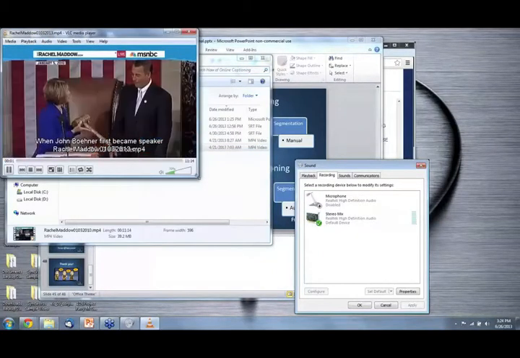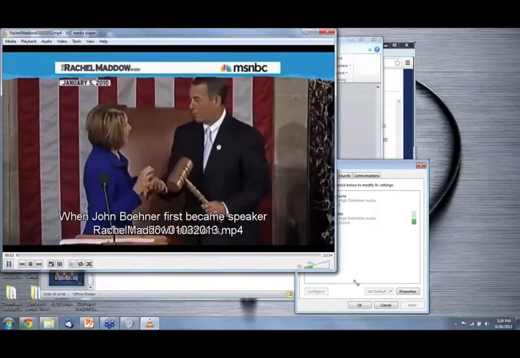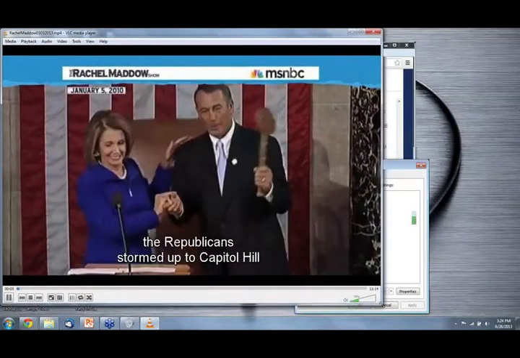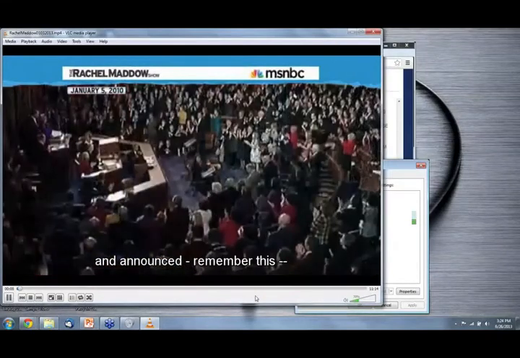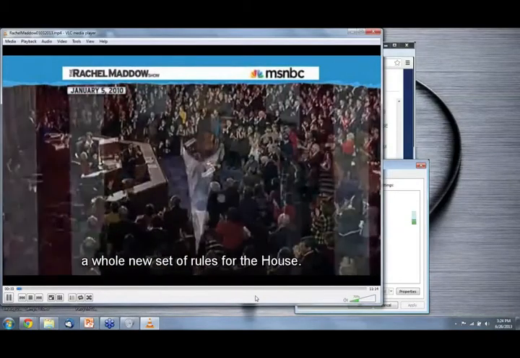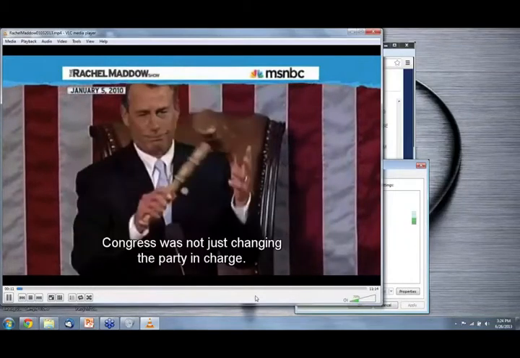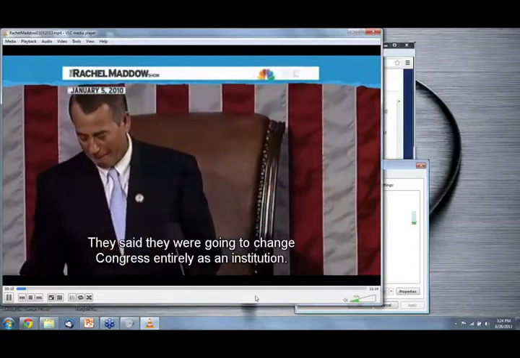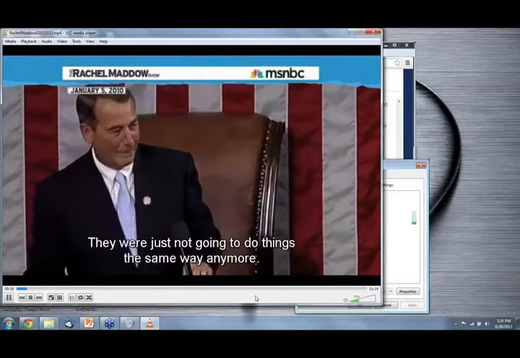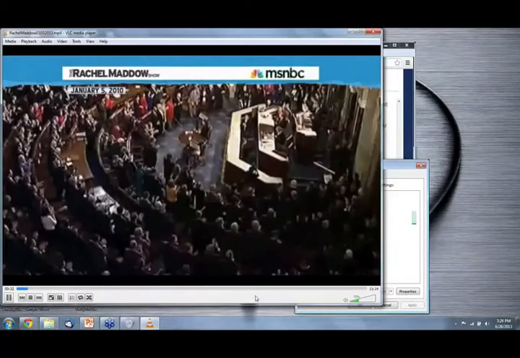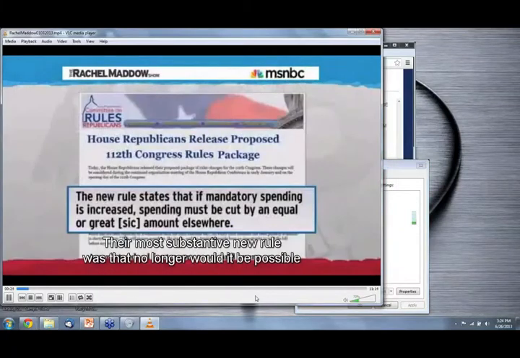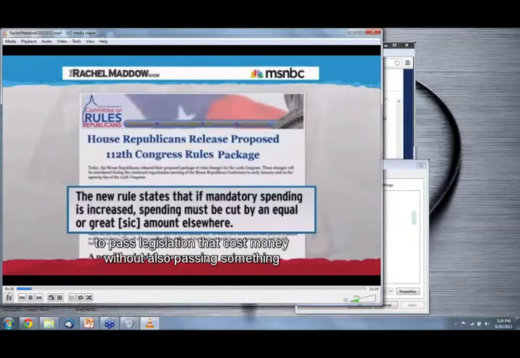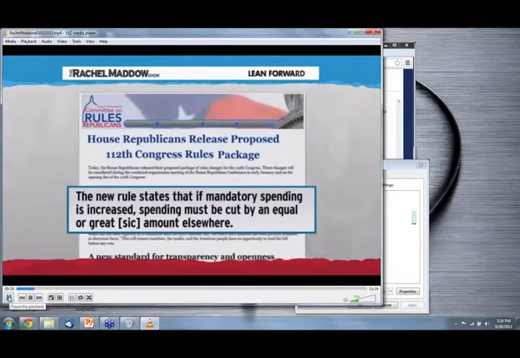When John Boehner first became Speaker after the 2010 elections, the Republicans stormed up to Capitol Hill and announced, remember this, a whole new set of rules for the House. Congress was not just changing the party in charge. They weren't just changing leadership. They said they were going to change Congress entirely as an institution. They were just not going to do things the same way anymore. Their most substantive new rule was that no longer would it be possible to pass legislation that cost money without also passing something to pay for the cost of that other thing. That was